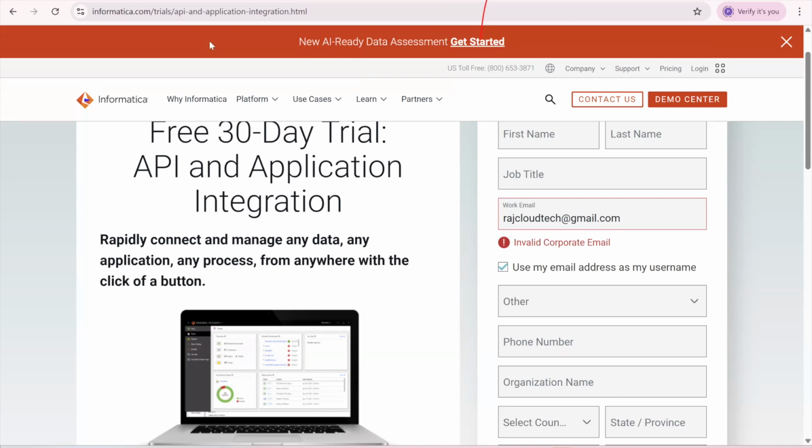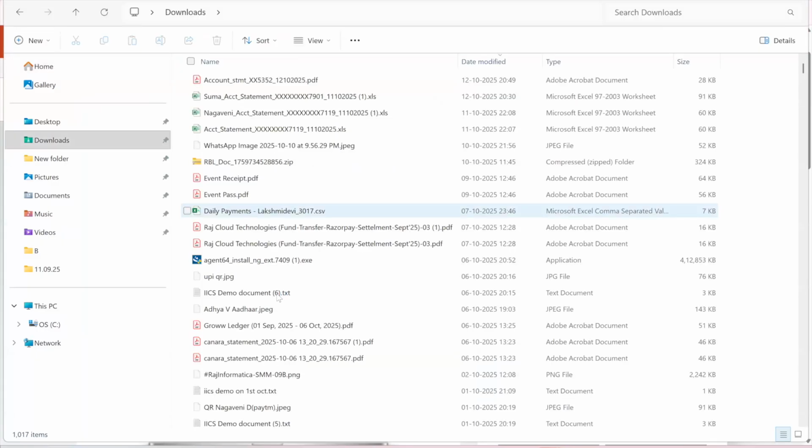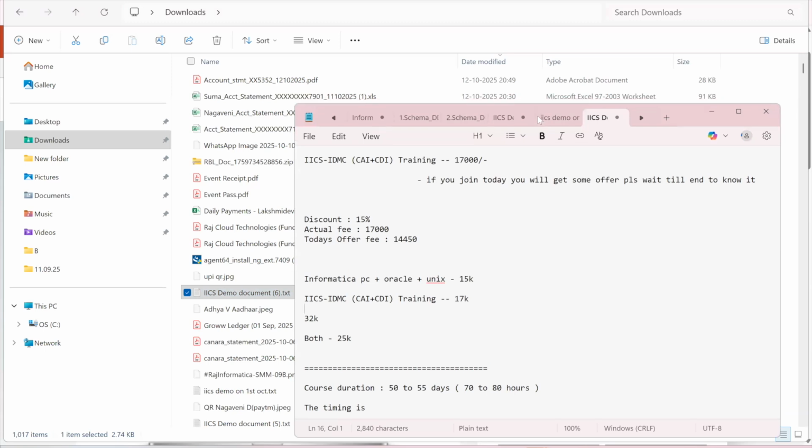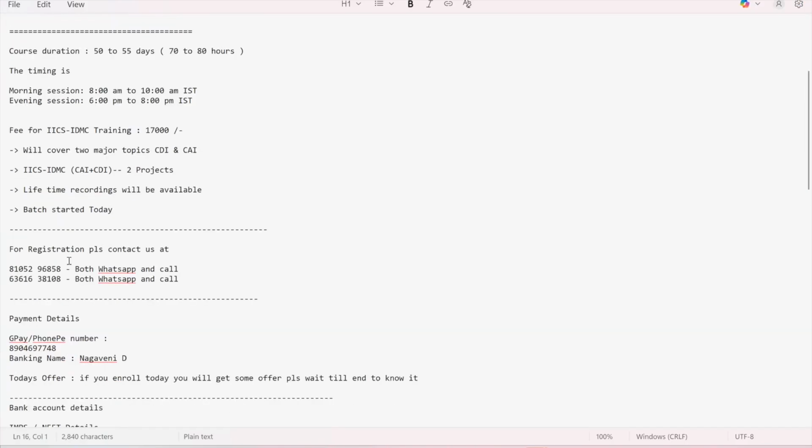So what we will do is, we will give you an email ID. So please WhatsApp to my team. Suppose if you are unable to create with your Gmail ID, what you do is, you WhatsApp to 8105296858, or we have another number also. I'll provide that number also. Or this number.